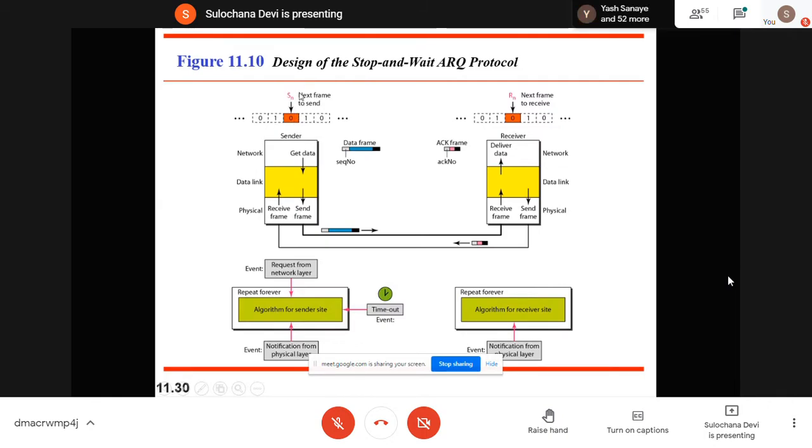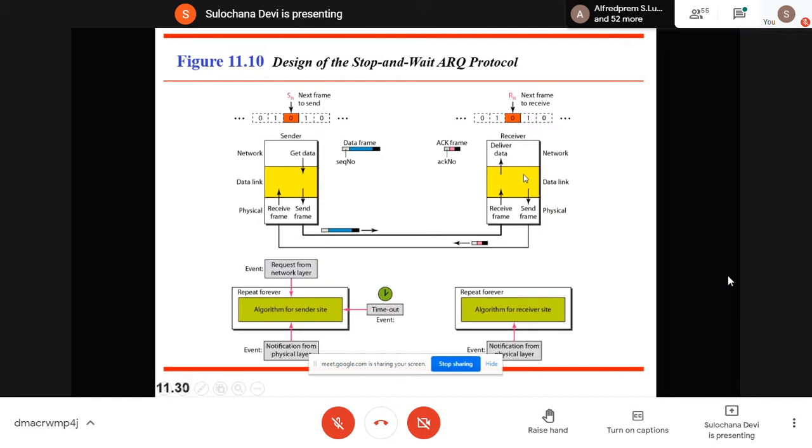So here, in addition to the previous stop and wait ARQ, two variables are maintained: Sn at the sender side, which indicates the next frame to send, and Rn, which indicates the next frame to receive. Sn is the sequence number added in the data frame, and it is sent over the network.